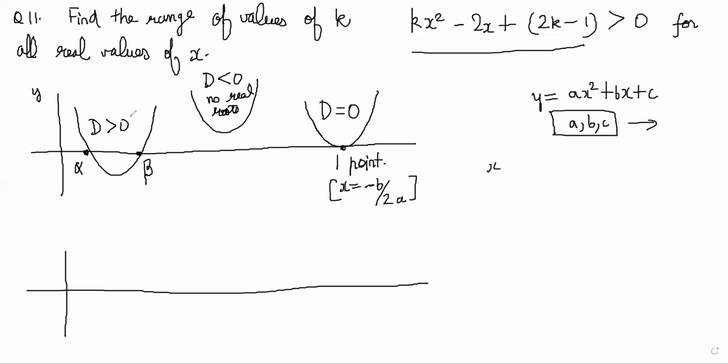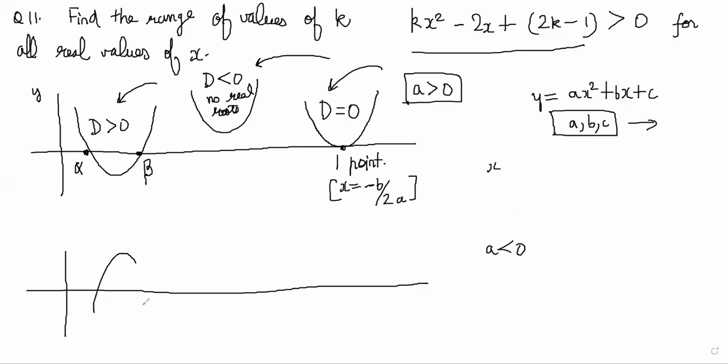Yes. Correct. And what decides that the parabola looks like this or opens upward? What decides that is a is greater than 0. All these 3 graphs have a greater than 0. If a was negative, then you will get the opposite versions of these. So these are the 3 graphs for a less than 0.